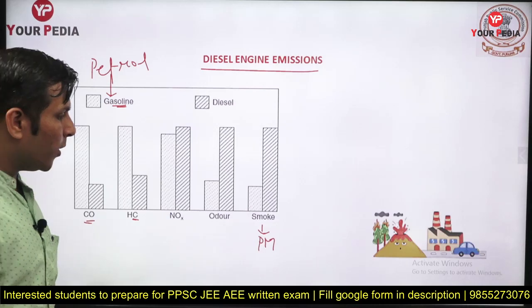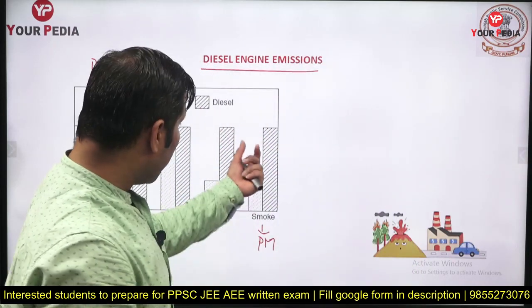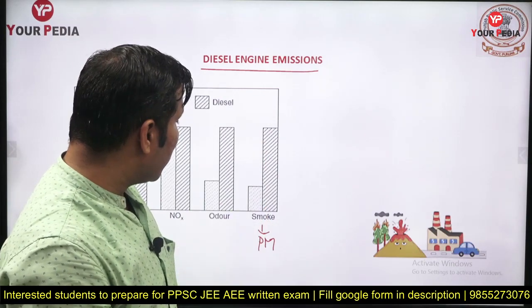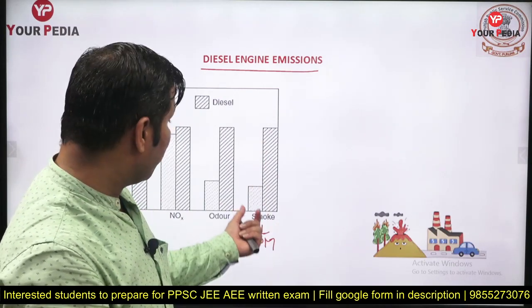So the odor and smoke problem. Smoke means the carbon particles, which is a kind of substance present in all hydrocarbons. If that carbon is not getting sufficient air and goes into the exhaust product, you are going to get very dark smoke. Dark smoke, if you are observing, is also a kind of pollution, because those are unburnt carbon particles. You can have two types of smoke. It may be bluish white or dark smoke.